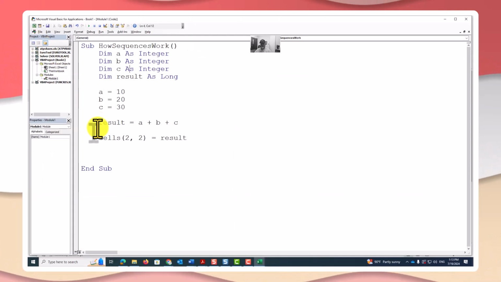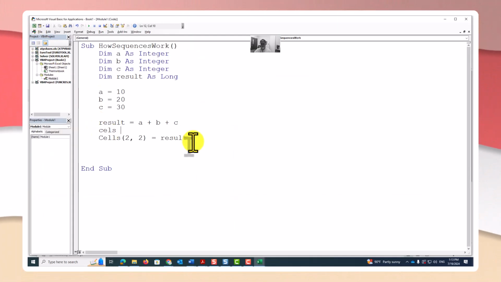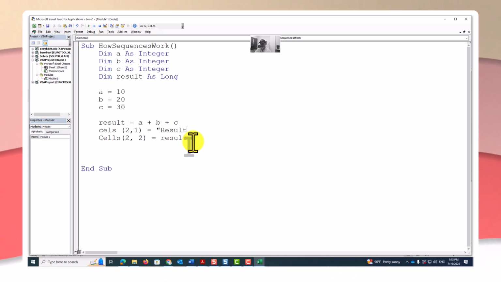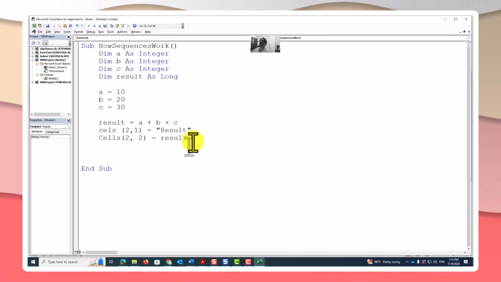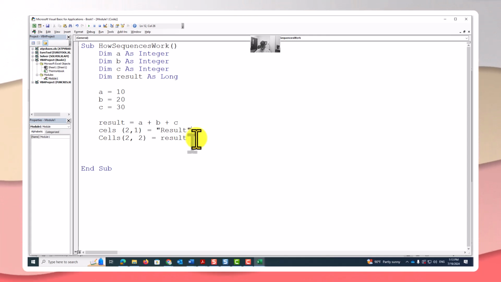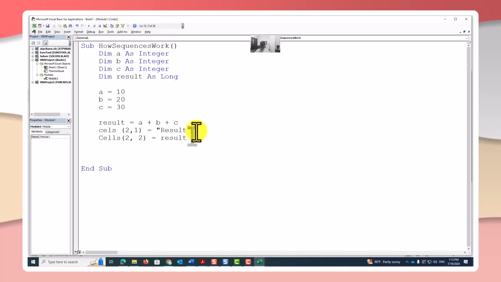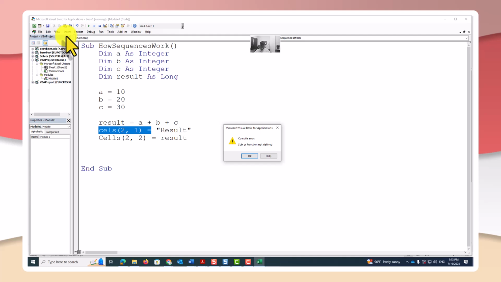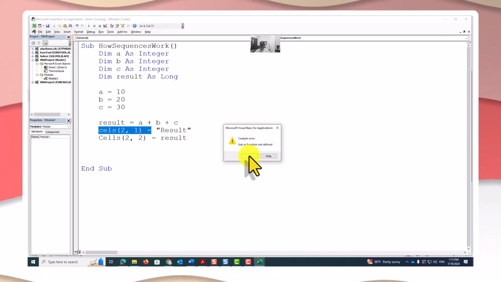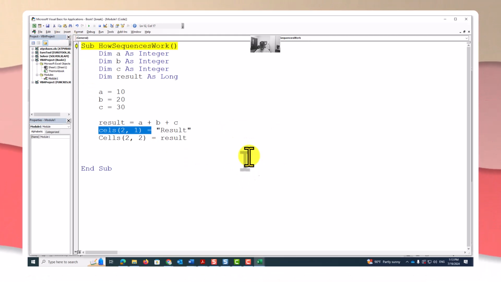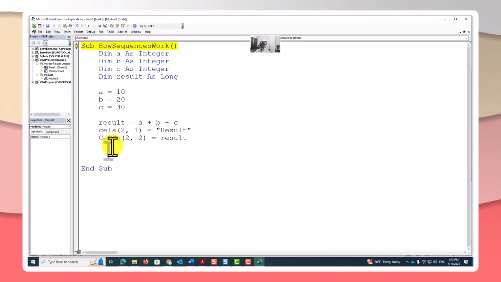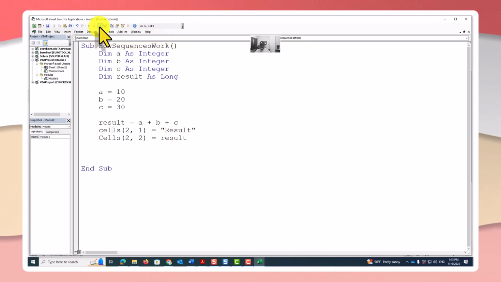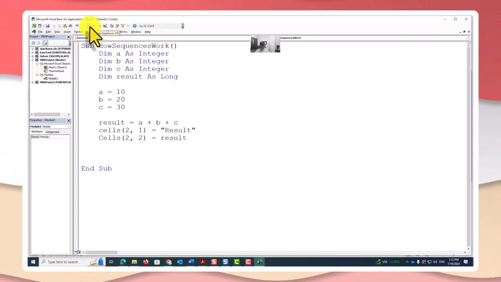Of course, I could have done this by saying cells 2, 1, I would say result, meaning to explain to the people what this value is. So I have to put it into double quotes because this is literally as it is, a literal string. So if I run this again, as you will notice here, of course there is a mistake because I'm saying cell without knowing that I misspelled it. Of course, you always have to refresh this by leaving the debug